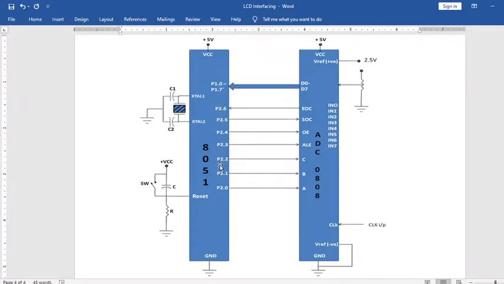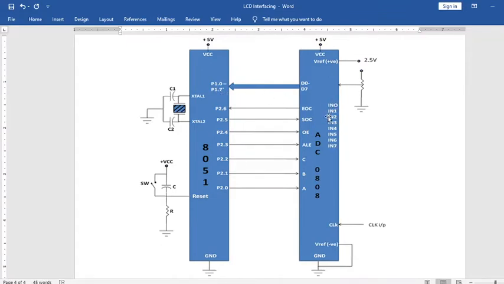Here we are using the port 2 pins for providing signals to the analog to digital converter, and port 1 is used as input for data which is coming from the analog to digital converter. The ADC data pins are connected with port 1 pins, a total of 8 pins.